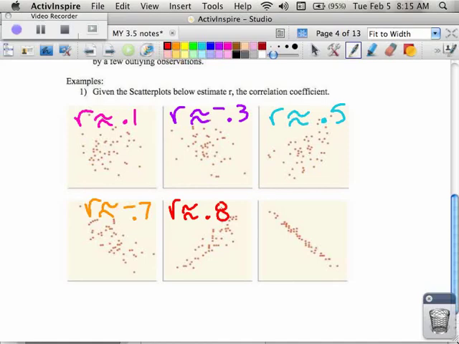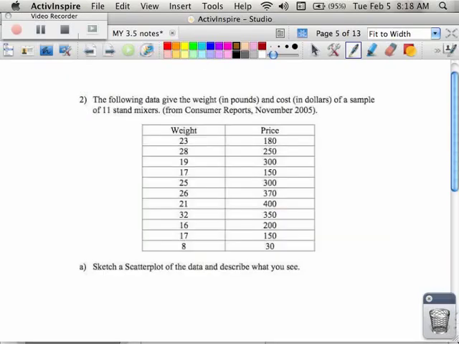And then in the last one, I see that I'm going down. All of these dots are super close to being on a line. This is a very strong negative linear association. I probably would give that a value maybe somewhere around R equals -0.95 or something. Questions on correlation and association? Association is the general term. Correlation is specific to a linear graph and the tightness of the dots to a line. Okay, in our last example,